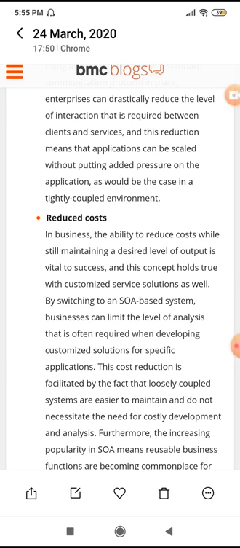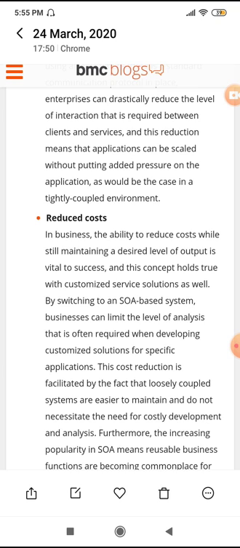See, in business the ability to reduce cost while still maintaining a desired level of output is vital to success, and this concept holds true with customized service solutions as well.